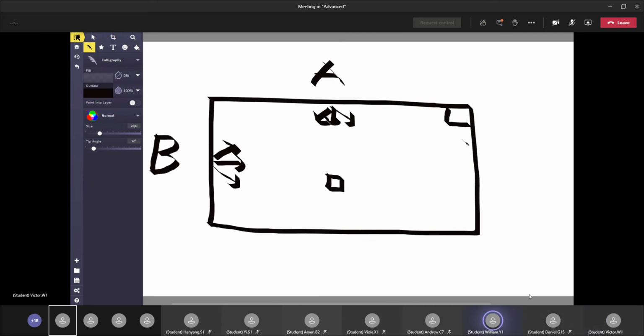No. Okay, so for example, it's impossible for A and B to meet up here